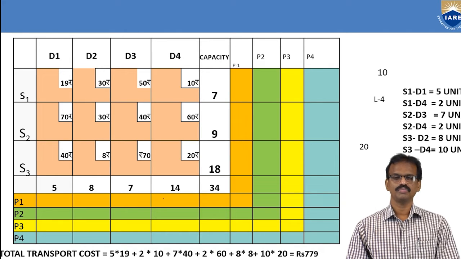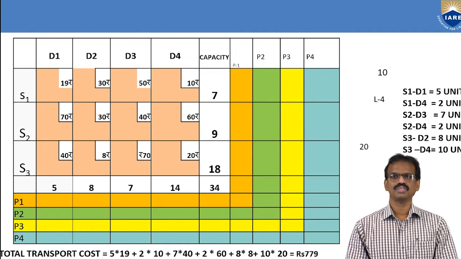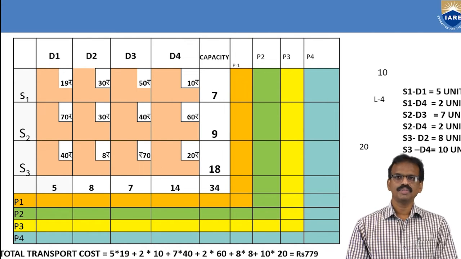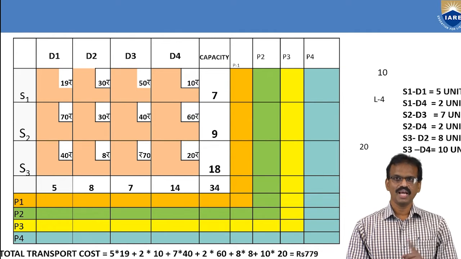Here also, before solving the transportation model by any of the three methods, you first have to identify three conditions: whether the demands are given, whether the supplies are given, and whether the shipping costs are given. You have to check that. If you know these three things, then you go for solving the transportation model. After that, check whether it is balanced or unbalanced. If it is not balanced, you have to convert it into a balanced numerical.